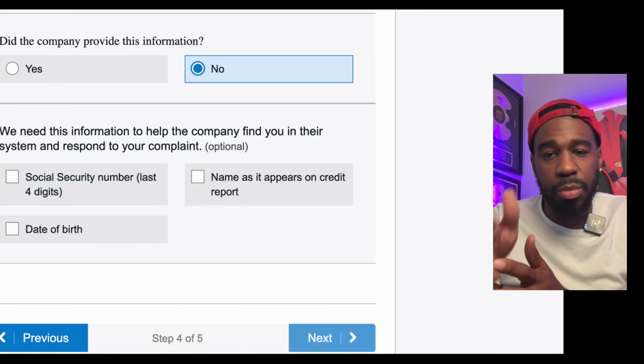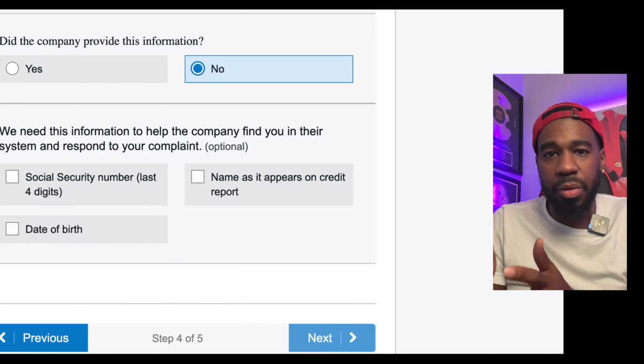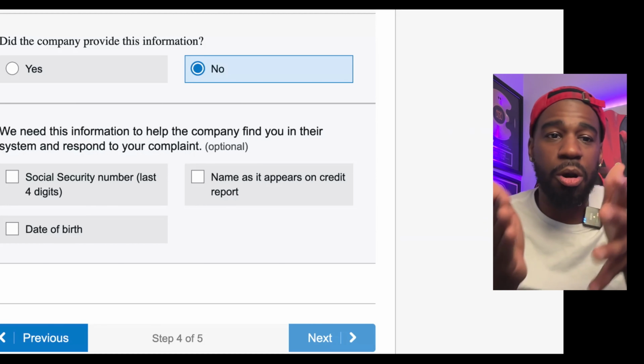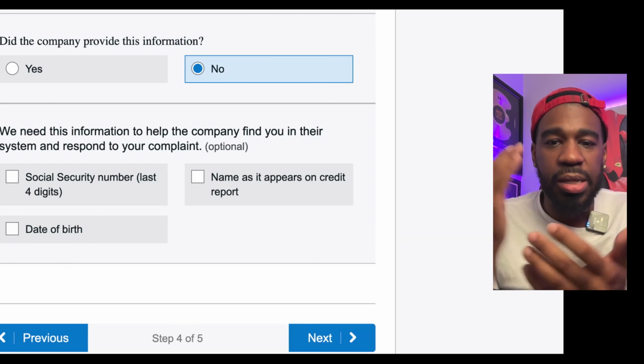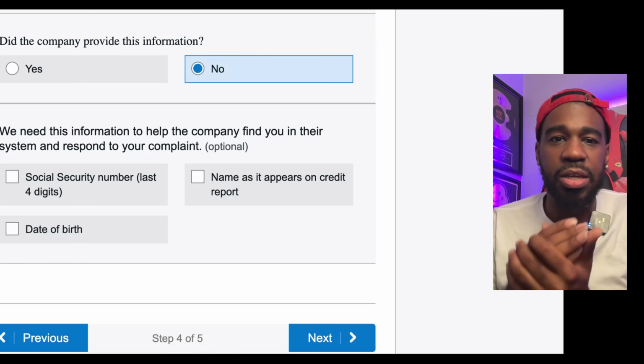All right. That's going to be very important. Once you click on next, you're going to fill everything out and then you're going to wait. Experian, TransUnion, and Equifax have 15 days to respond back to the CFPB. Okay. So continue checking your portal to see what actually happened. And then from there, let's continue talking about once you get all these accounts removed from your credit report,